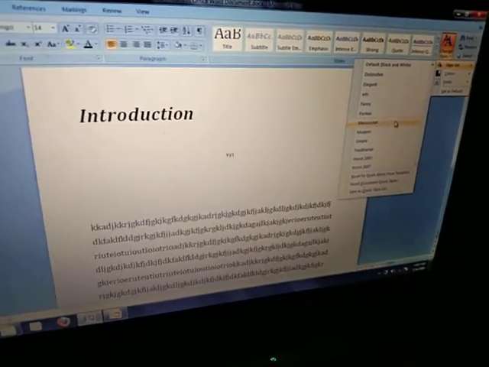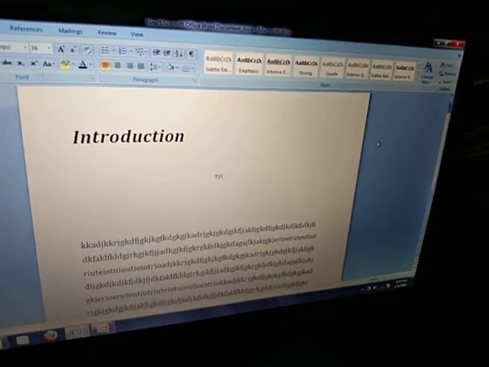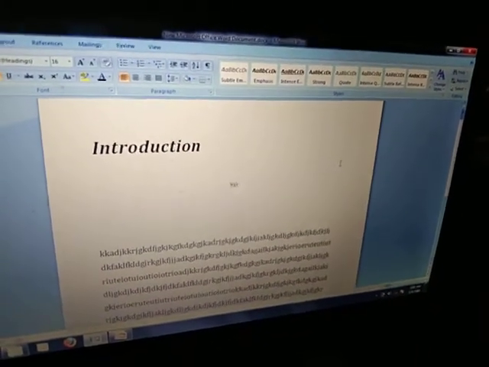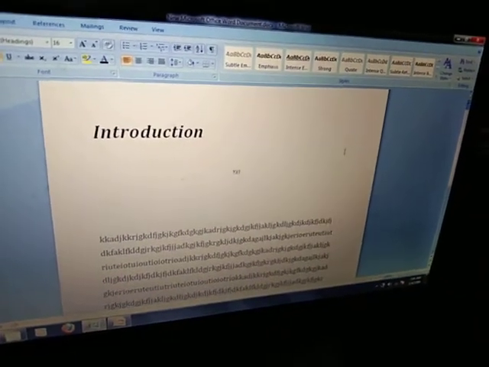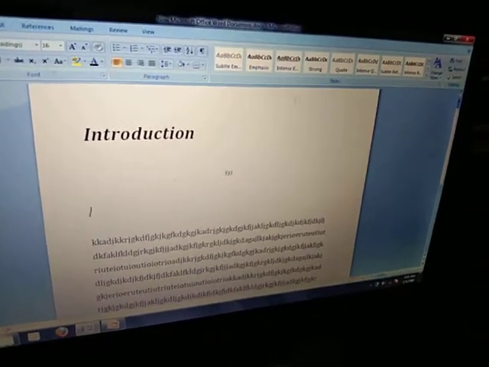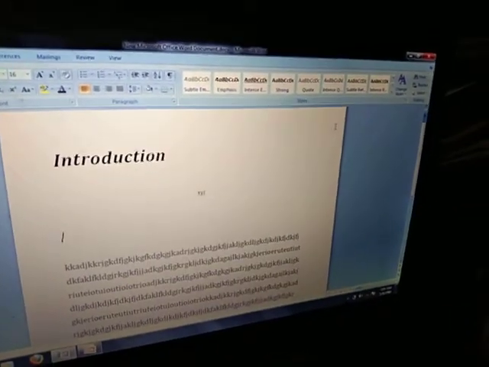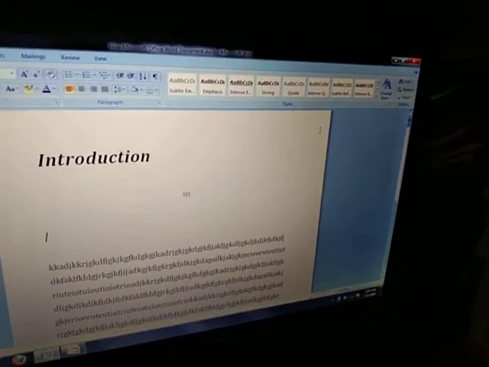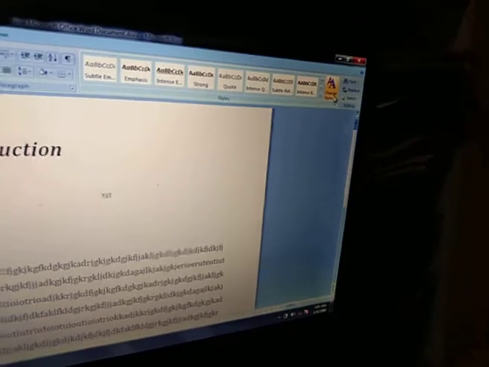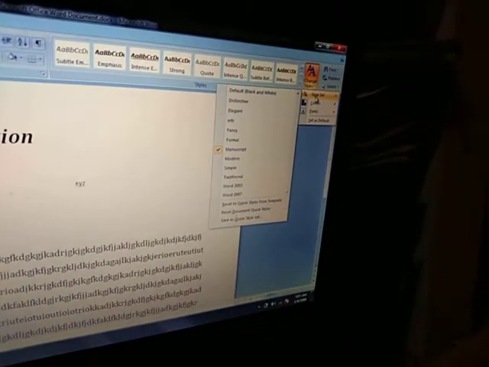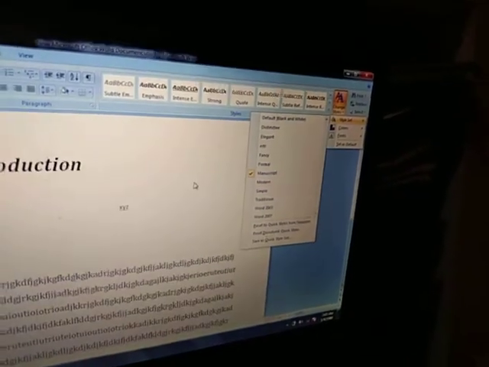Okay, so what is the difference between style and style set? Style we are applying on one single thing, either on heading or on text. In any one single thing, if we want to make changes, then we will click on style. And if we want to make the changes in the entire document, style set is there. How we can do it? Home tab. Which group? Styles group. And here is the option Change Styles. Click on this one and here is the Style Set. And from here you will select any style set. Are you getting my point?